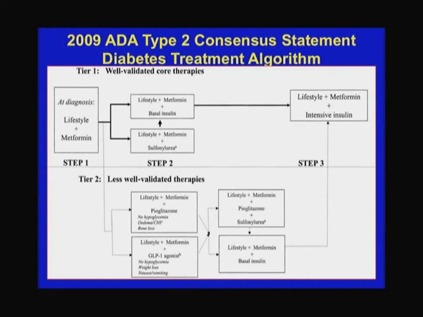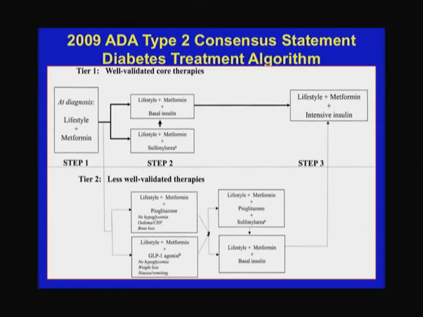Typically, we do metformin first and then a sulfonylurea. And then if that doesn't work, we add insulin. So that's the typical approach, the least expensive, best known way. It is associated with some weight gain, though, and so there's some interest in using some of these newer drugs, and maybe a role for the thiazolidinediones.